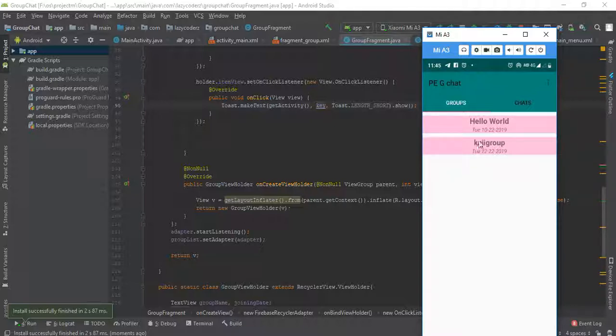Then if I click here, it has shown me the group name. This will show a different group name. This has shown a different group name, but here I will make some other dialogs which will give me some options, and those options will be used to